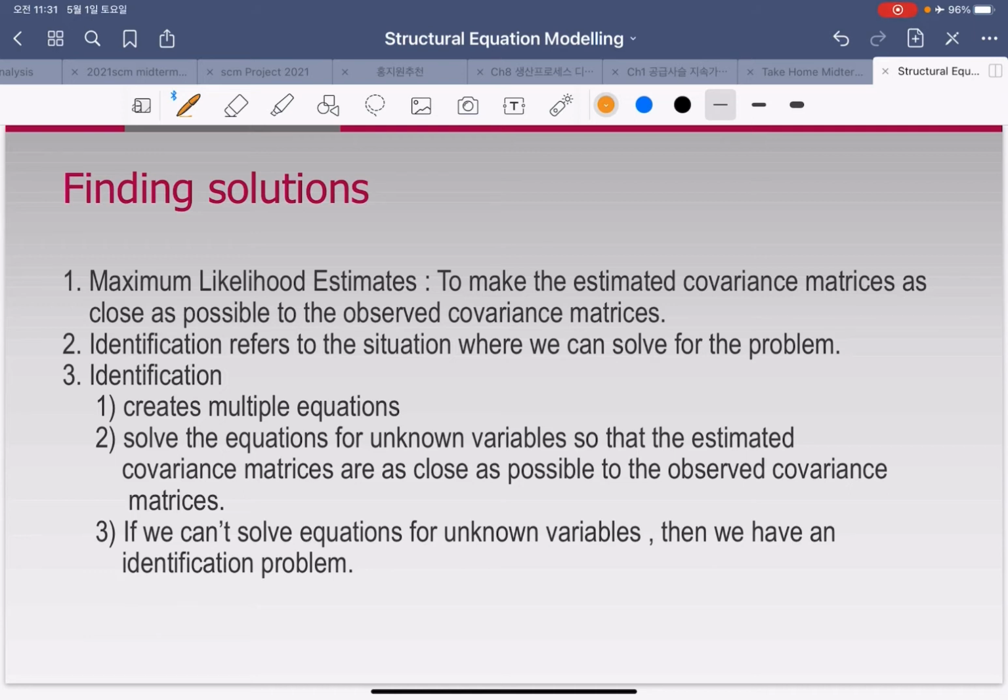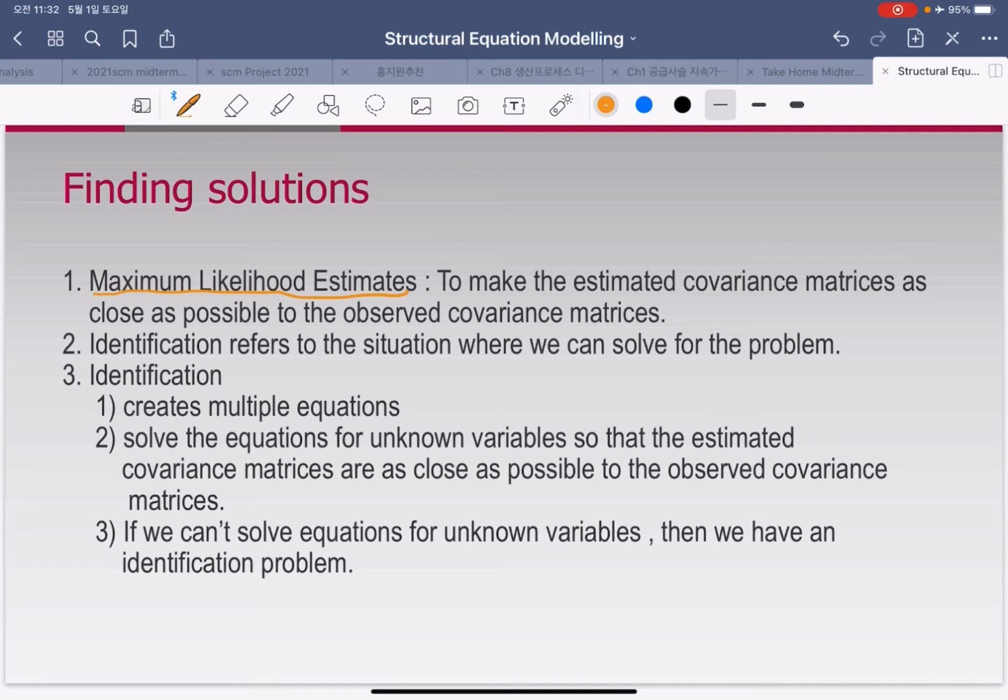Basically, you want to find the relationship among the variables, right? So variables means latent variables. So you wanna get the estimates for the path coefficients, for example, EP to OC and AC to OC. Basically, you wanna get the values for the path coefficients. So how do we get the path coefficients? Just like the regression, you wanna get the coefficients to get the regression equation. In this case, we use maximum likelihood estimates,